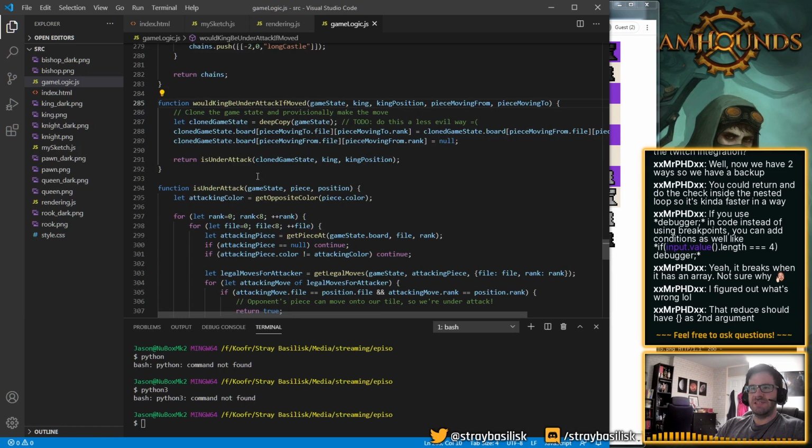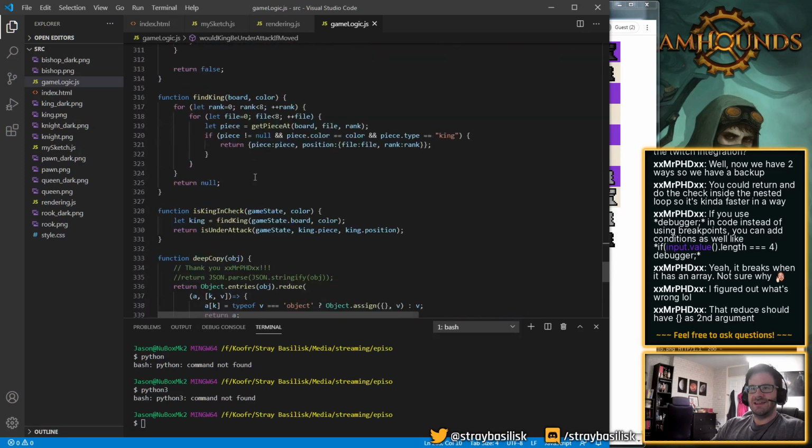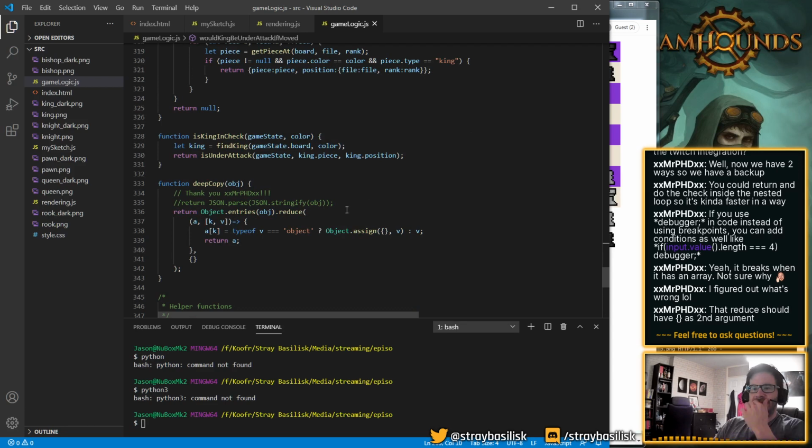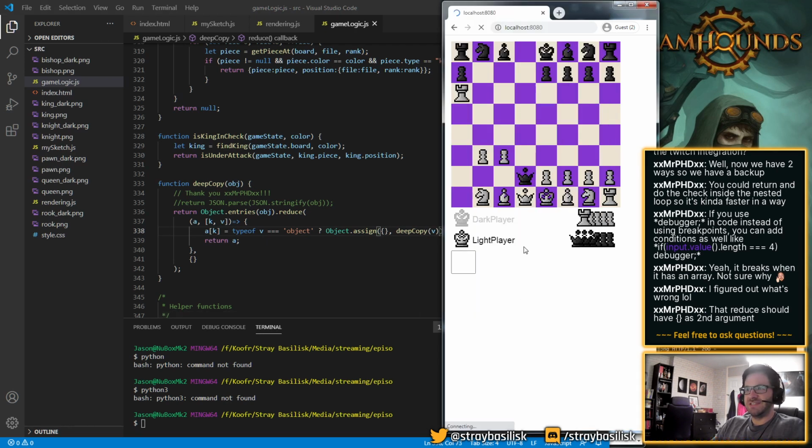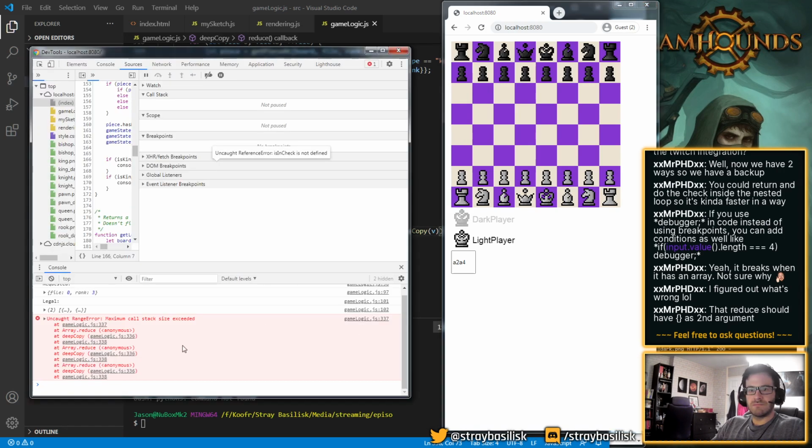I feel like this isn't deep copying this thing. Am I crazy? I feel like it's shallow copying it. Right? I might have just created an infinite recursion. Yep.